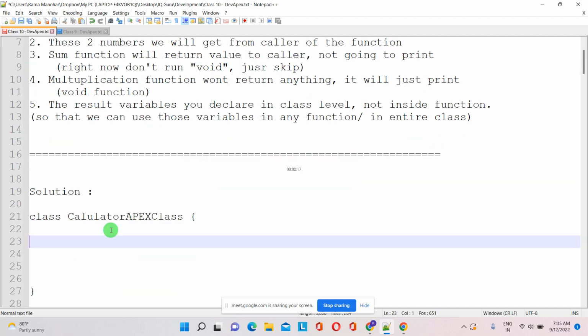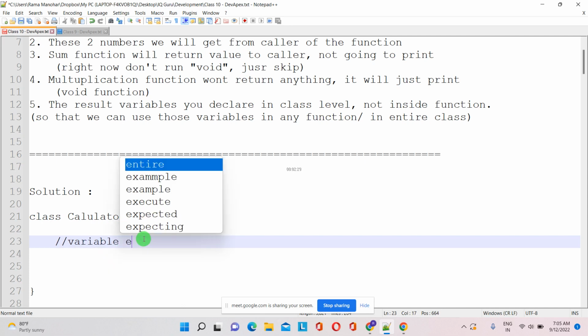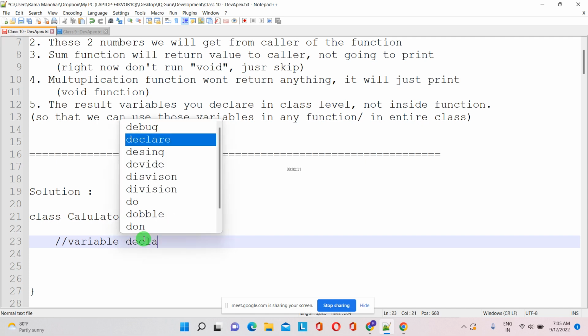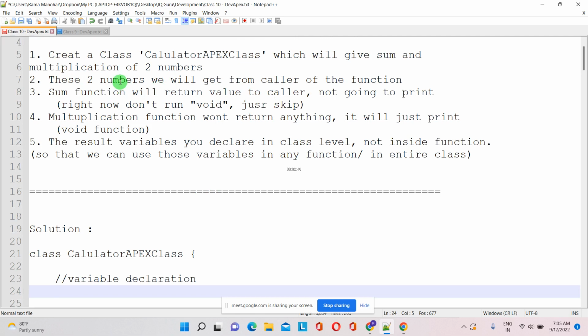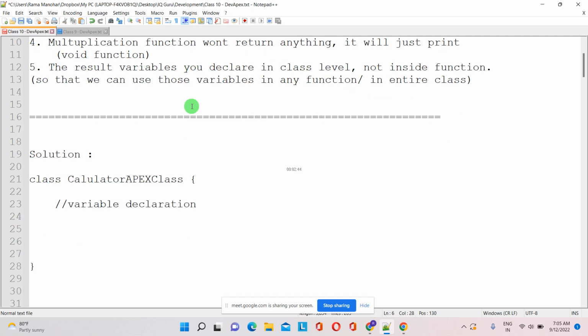So here we can go with variable declaration. They're asking for the sum and multiplication of two numbers. So how can we declare the variables here? With data type and